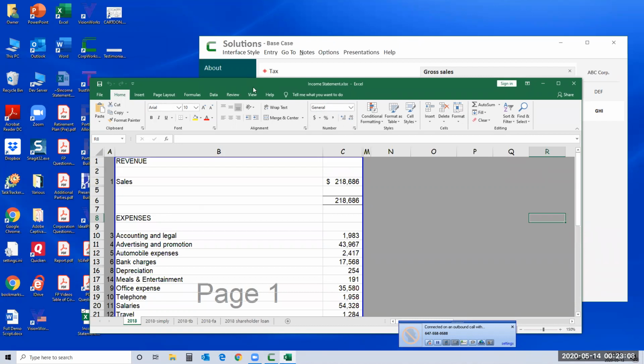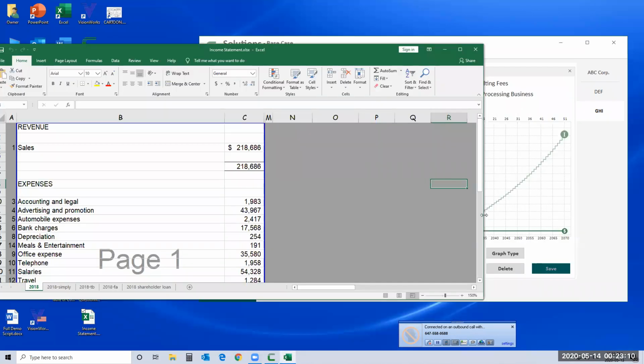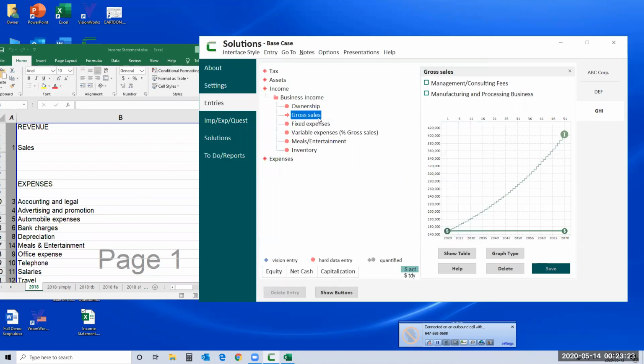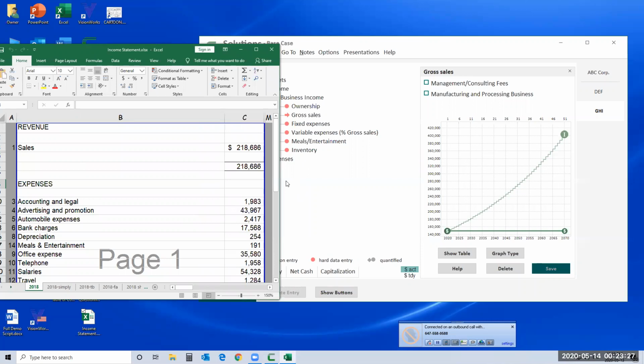So you can see that in the income statement, there is one line that says sales or gross revenues or whatever it might be, but generally it'll just say sales. So that's what we want to enter under gross sales. It's very straightforward. If we look at expenses,